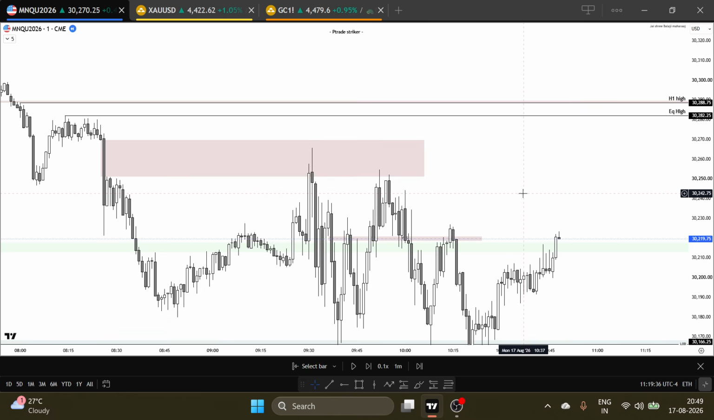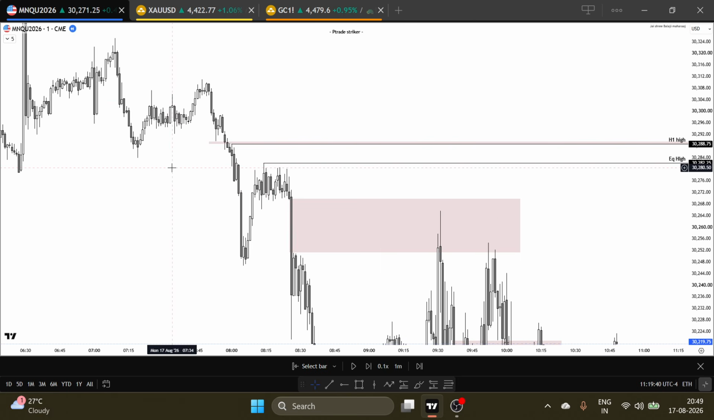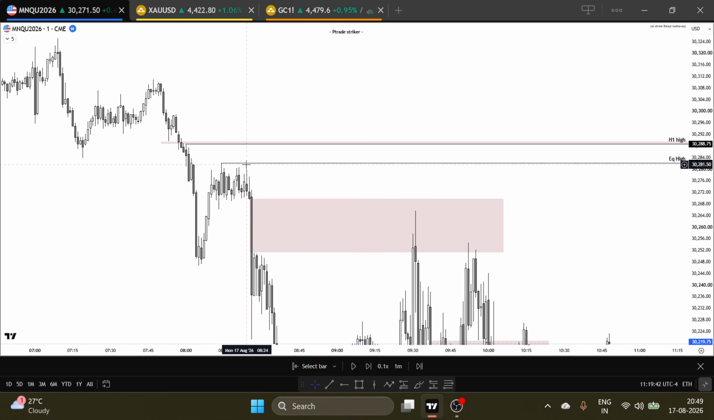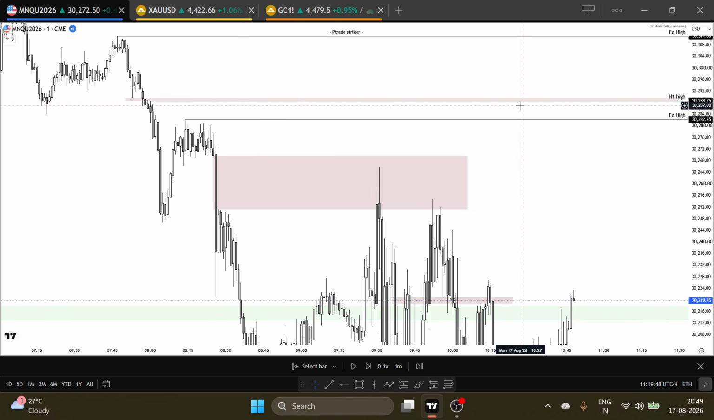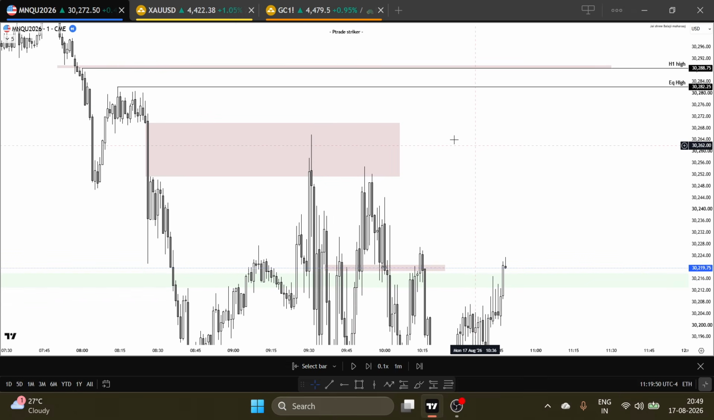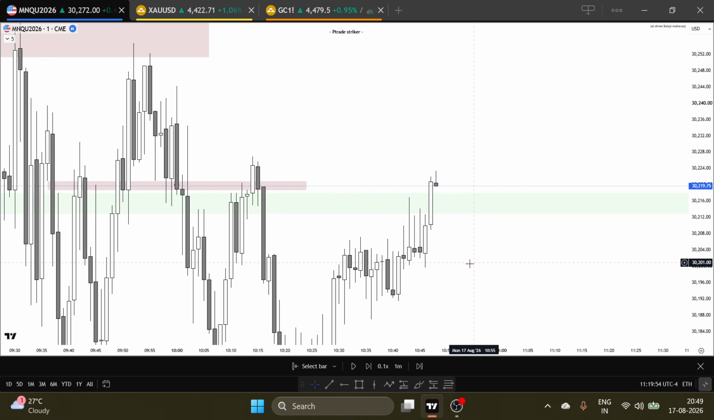Also, when you check the 1 minute time frame, here we have this equal high, so there's a high probability that price will push up at least till this H1 high liquidity. Also, this equal high. So as I saw the